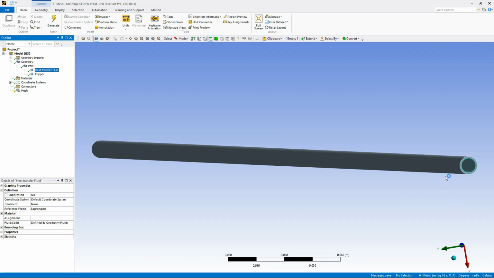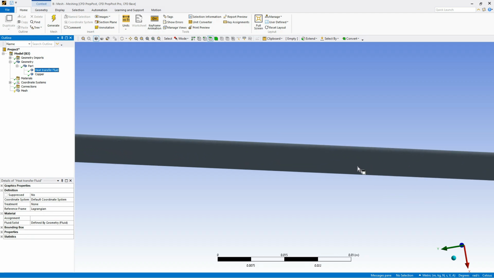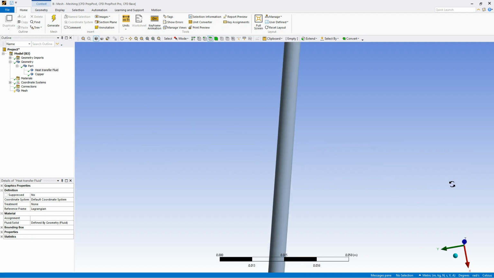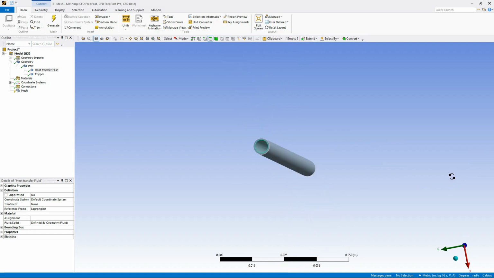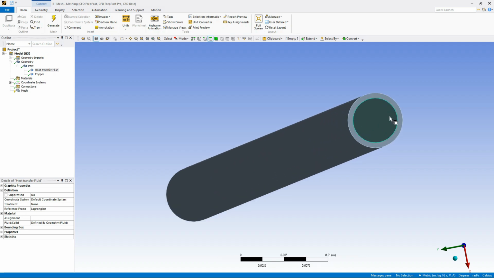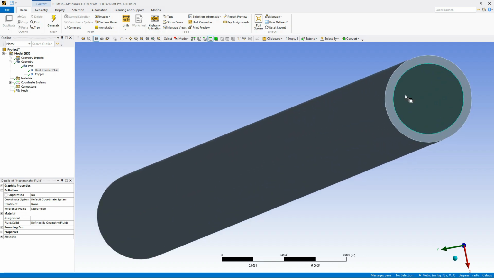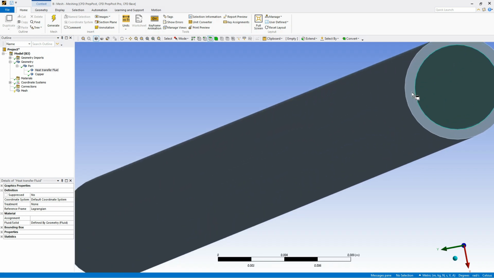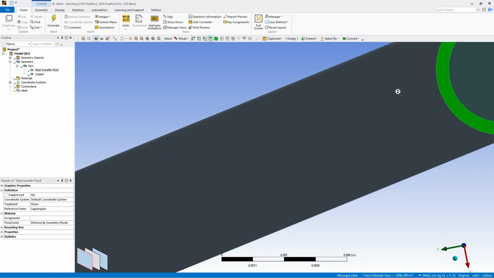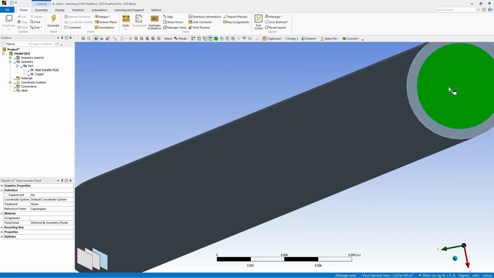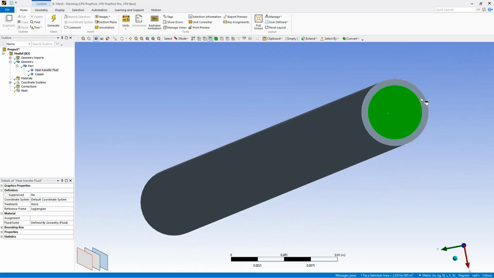So you go back, click on that face, remember select face up there. So then we click on the face, the inner face that we want to select. As you can see it now, this is not what you want to select. So you click on the inner part, then you